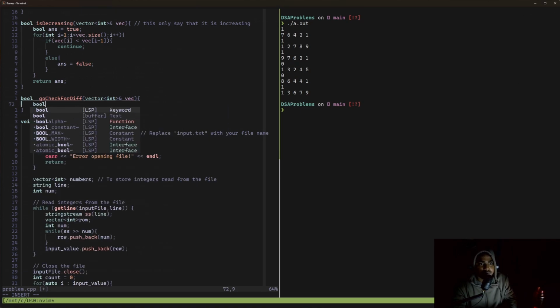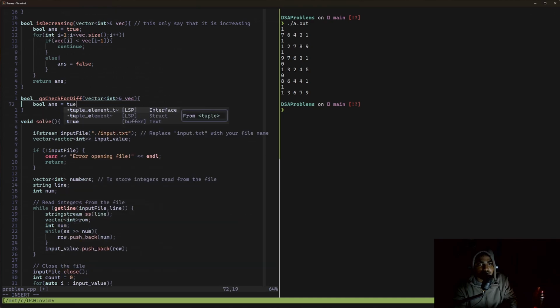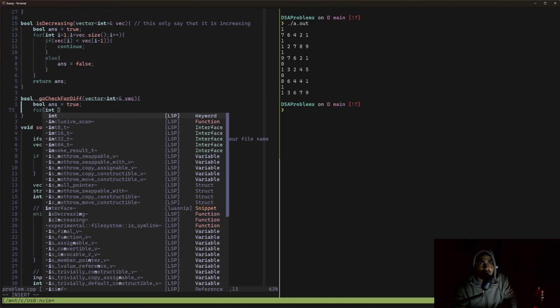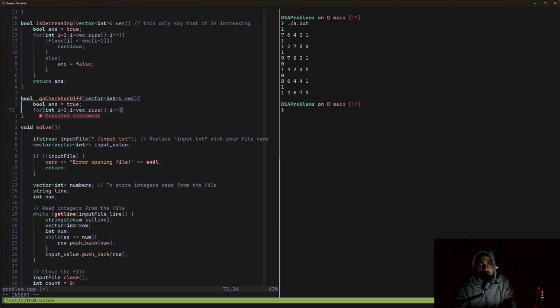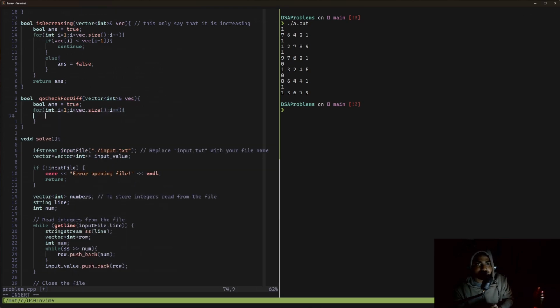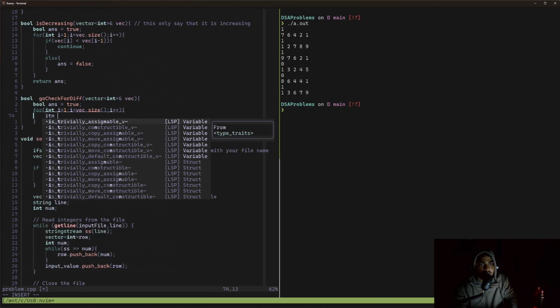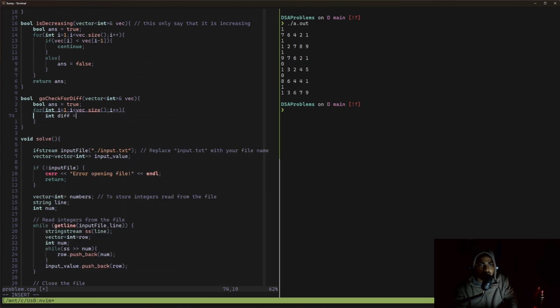So I can just say bool answer equals true, and for int i equals 1, i less than vec dot size, i plus plus, I can just say diff equals vec of i minus vec of